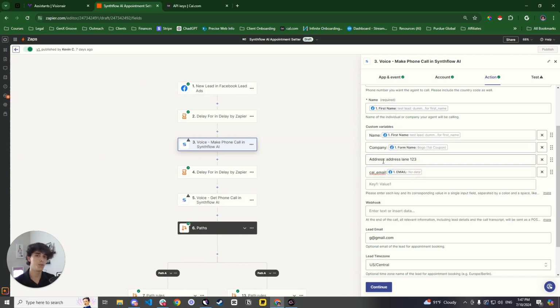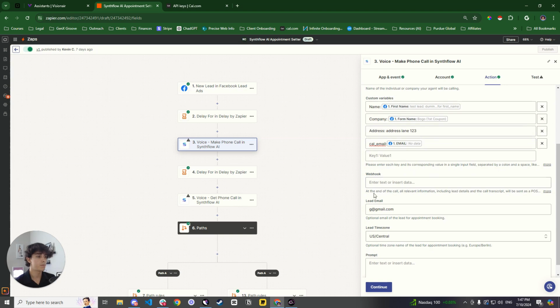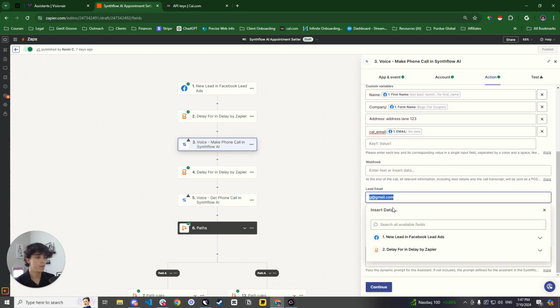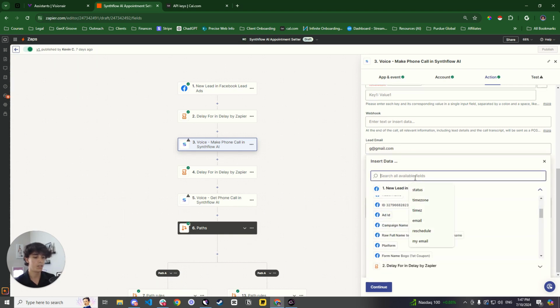However, it's really, like I mentioned, up to you. It's going to be personalized to your ads. In here, this is just what I put. So you're just going to go ahead and match each of these variables to their corresponding variable, right? And then that should be done, right? Now the same thing here, the lead email, this is just going to be over here. It just depends on what email you have